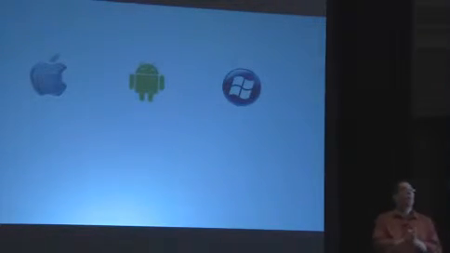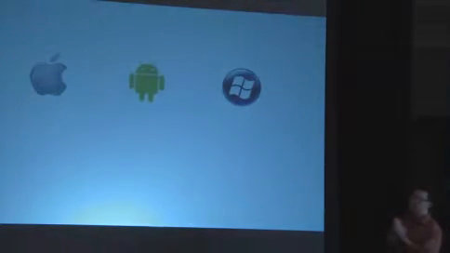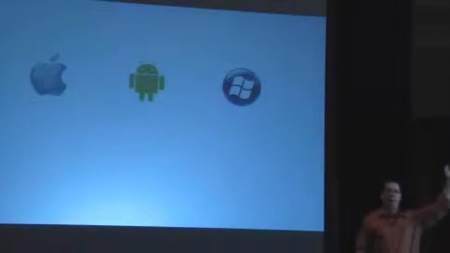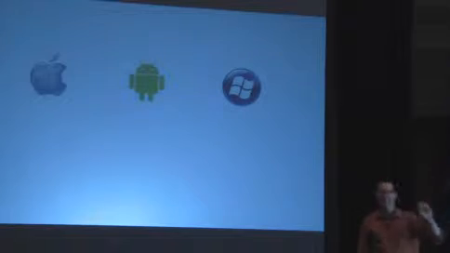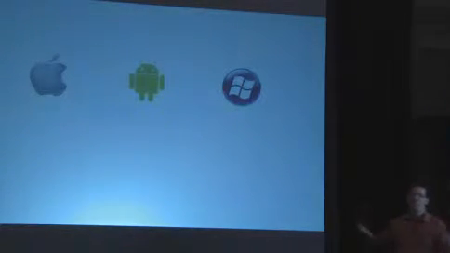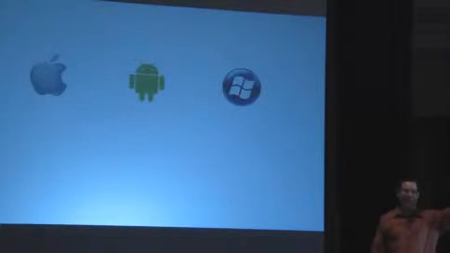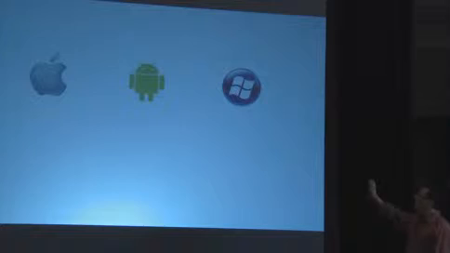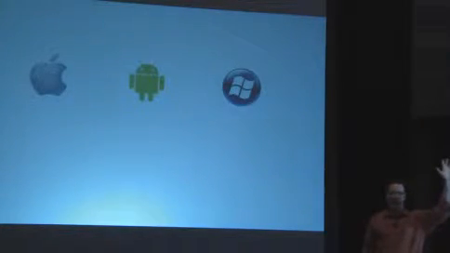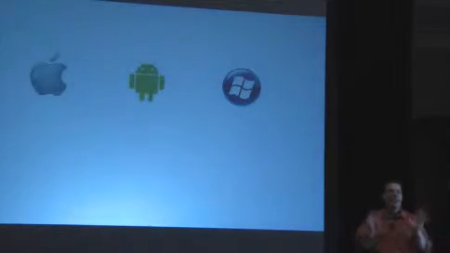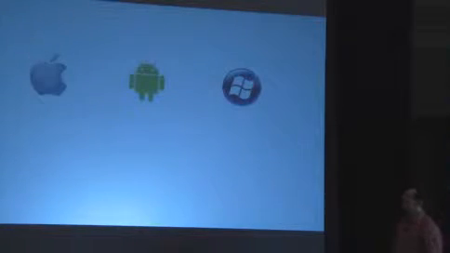So let's take a look at where the mobile industry is. Here are some familiar people. How many of you own at least one Apple device? Yes, that number has been going up a fair amount. How many of you own at least one Android device? Catching up. Still also growing. How many of you own at least one Windows device? Good, not yet less than iOS, so this is good.